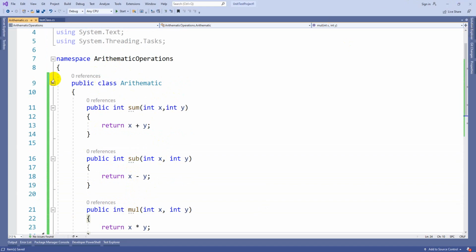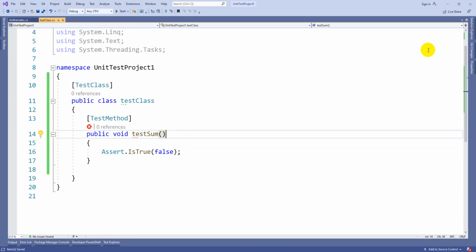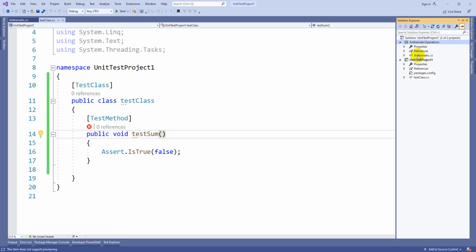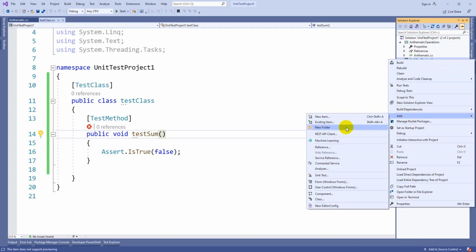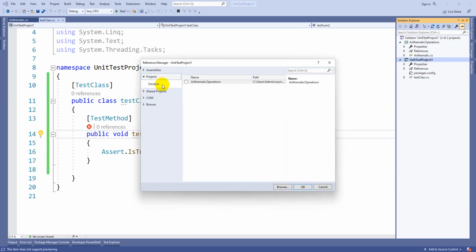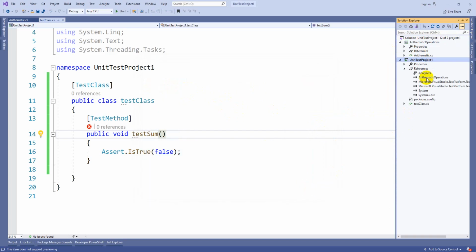Now I just want to test this in real time. Before that, I want to access this class in the unit test project. For that, right click and go to Add and select Reference. Then click on Solution, and select the ArithmeticOperations project into the current one. Now you got the DLL here, so that the code will be accessible here also.